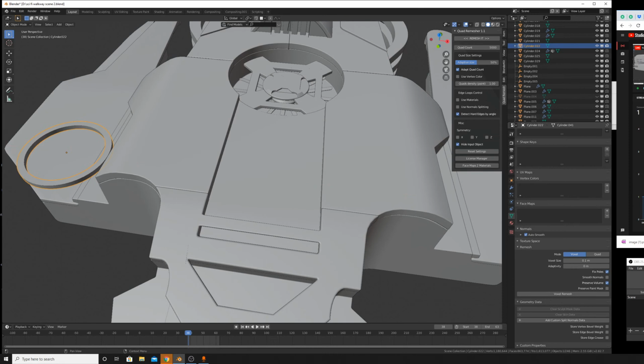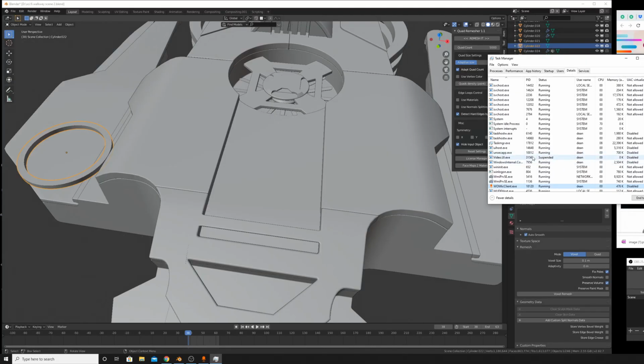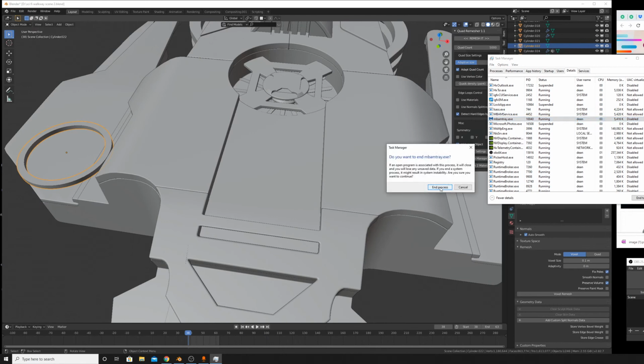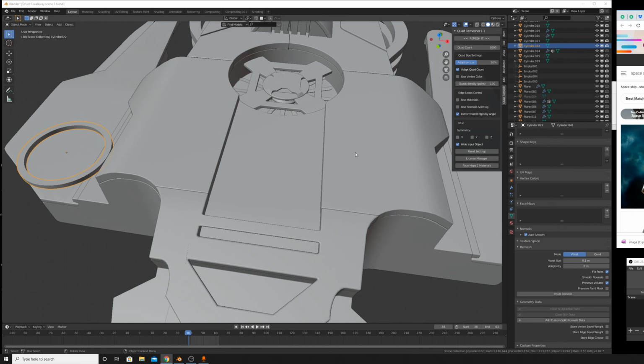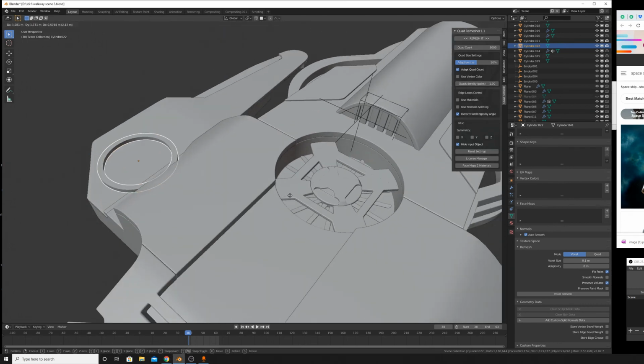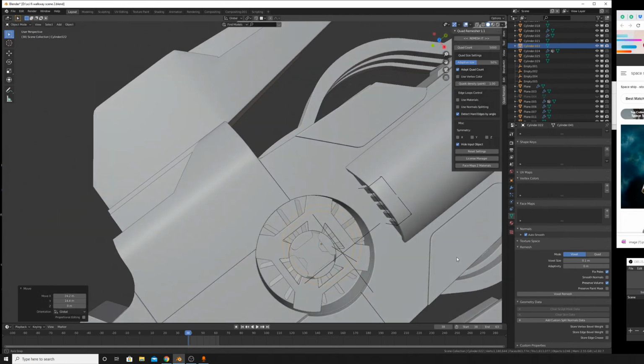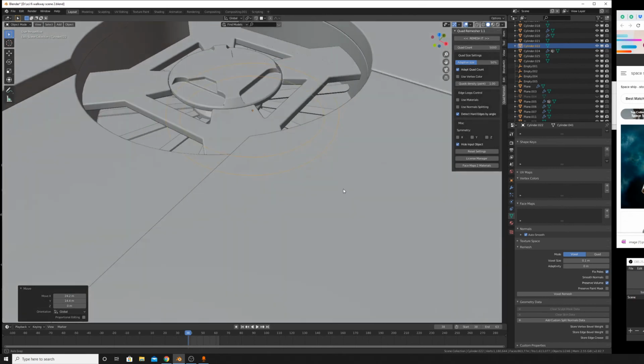And I'm getting some bad lag. I'm going to check what I got open up my programs. It's a little slower than usual. I'm not sure why. It could be just the recording. Oh well. Anyway,